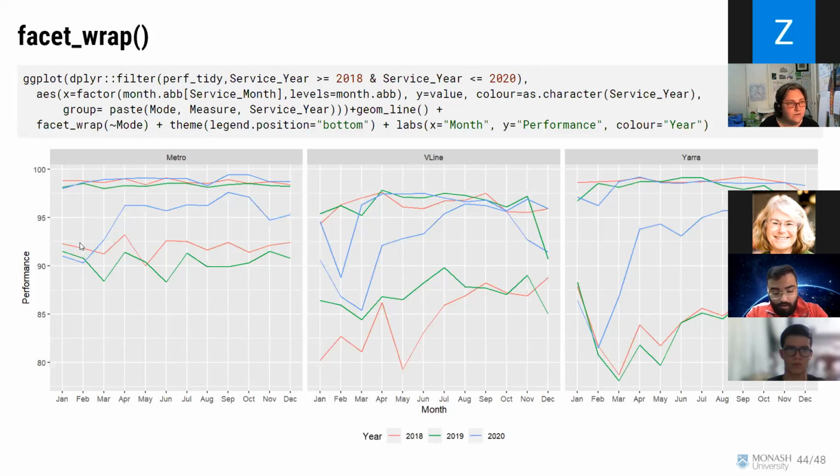So I've got 3 different years. In this case, I'm using something called facet wrap, and it's just a really quick way of showing the different modes, like doing 3 plots all at once in one statement. Now, this is not the most ideal way of looking at it, because looking at this plot, I don't know whether the top blue line or the bottom blue line is